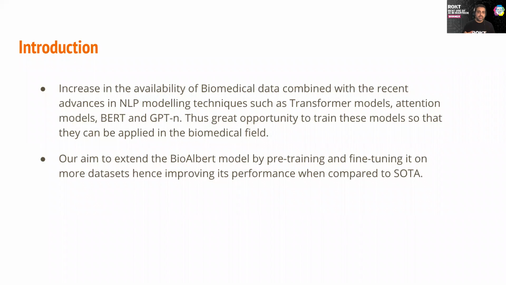Concretely, we are expanding on the research conducted by a team prior to us, where they pre-trained Albert on PubMed and PMC data, and fine-tuned their models on 3 biomedical tasks, namely RE, NER, and QA. In continuation of that, we have pre-trained BioAlbert on clinical datasets, namely Mimic3, and fine-tuned this on various datasets where we have achieved results better than the current state-of-the-art models. However, before we do a deep dive into our approach, I would like to hand this over to my colleague Utkarsh, who will do a brief literature review.